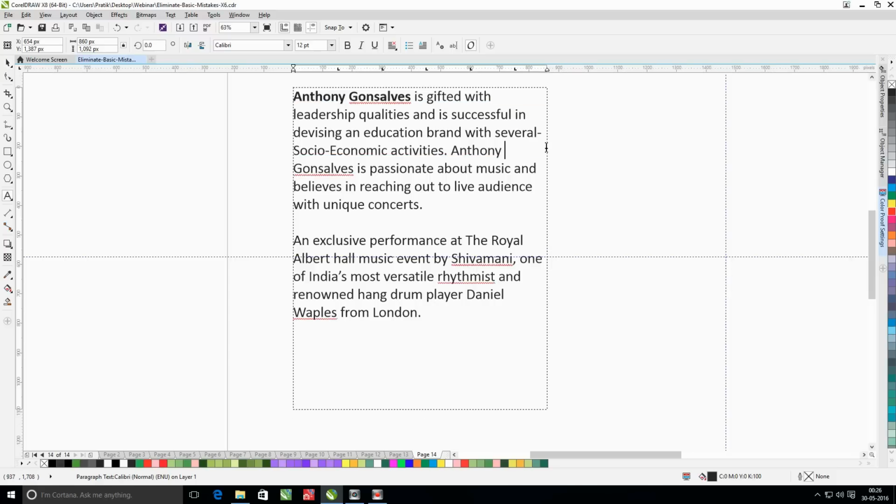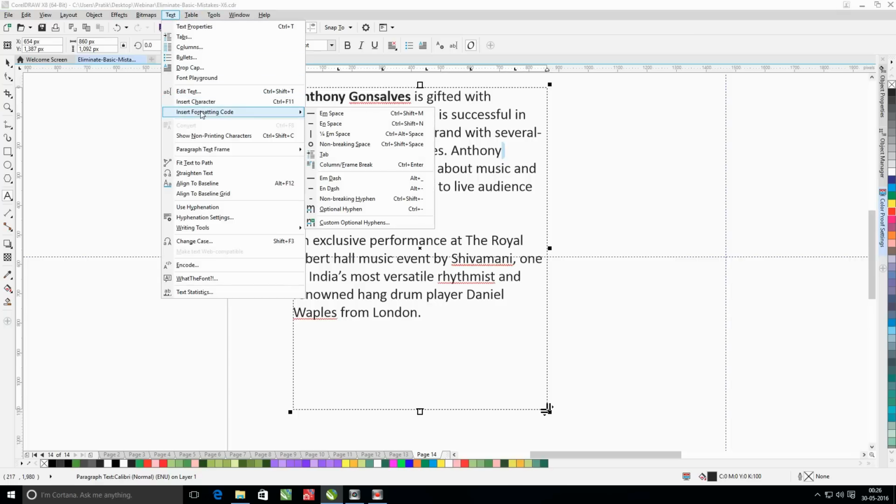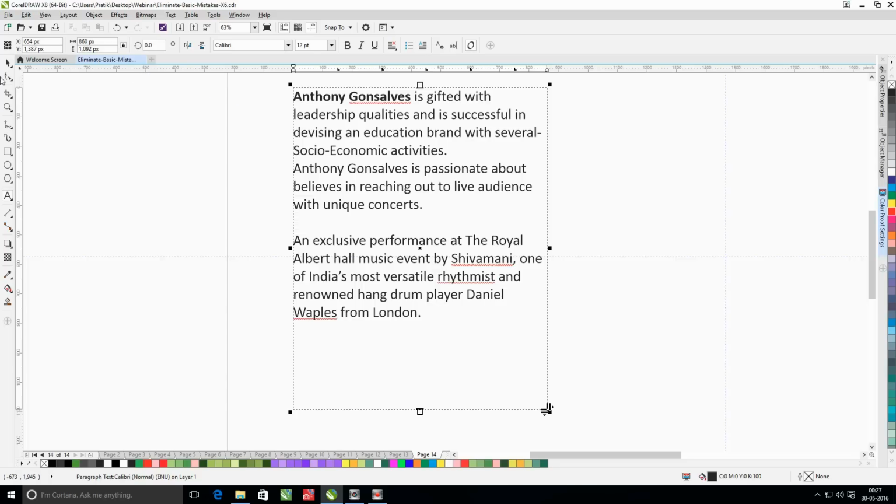So in such cases, what you can do is you can replace the space between first name and the second name with a special character called as non-breaking space. So that will force the application to always use those two words together on one single line.